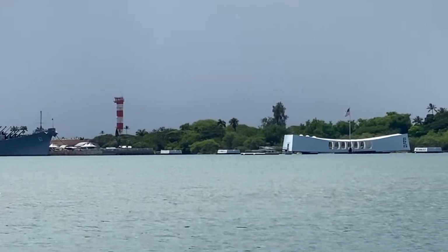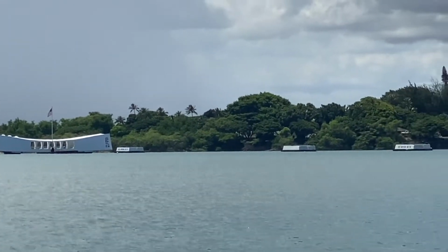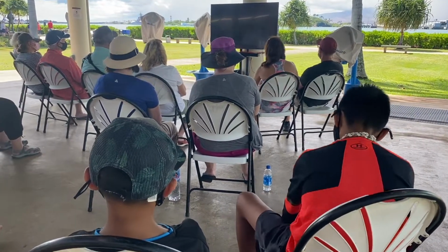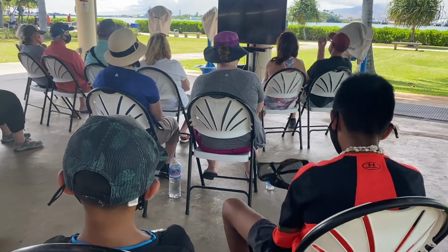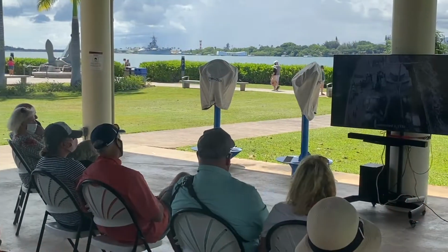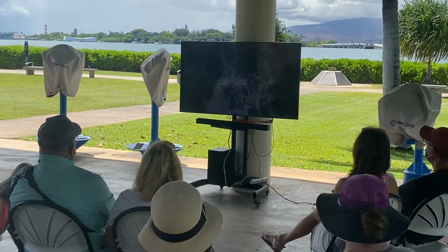There are other things that you can do here that require an extra fee, like the 2 museums inside the base. One museum is about the attack and the other one is about pre-war. They also have a movie theater inside. We came here near the end of COVID, so the movie theater was still outside. You can see here a 20-minute movie with real images of the attack and learn more about this time in